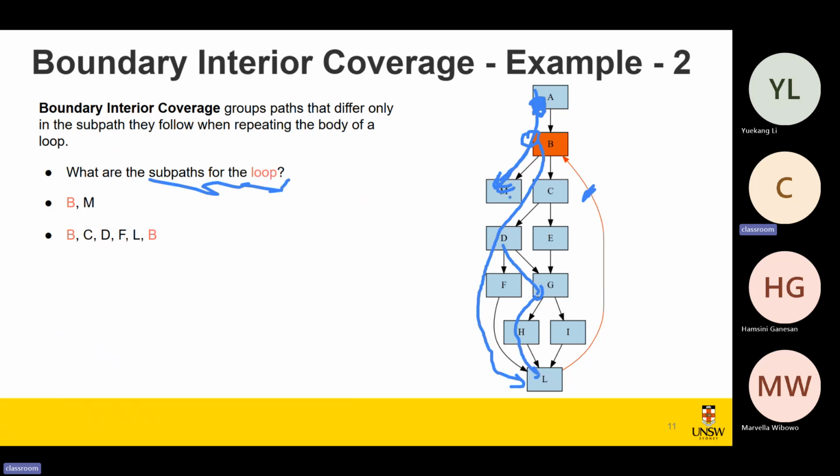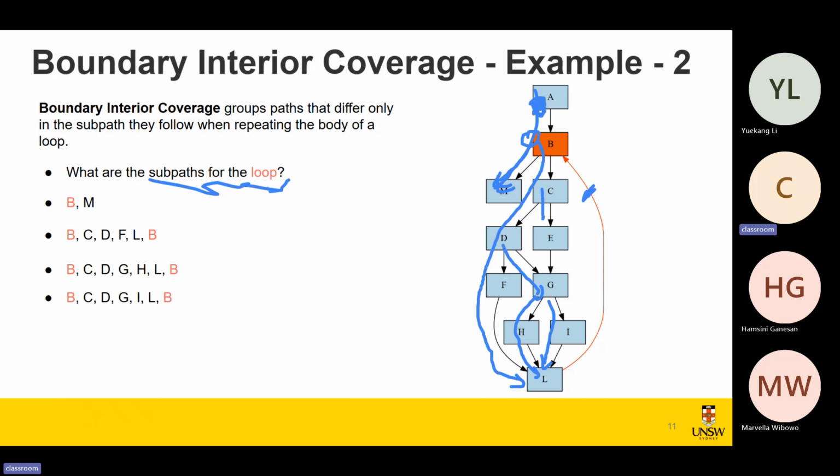And then we get this subpath, right? So it's B, C, D, G, H, L, and then we go back to B. And similarly, the last decision point is G. We can explore this subpath, right? And this gives us another subpath. And repeatedly, we can also